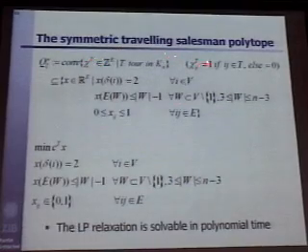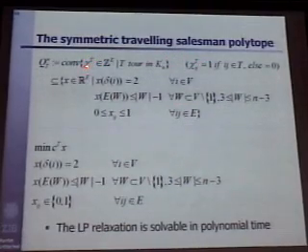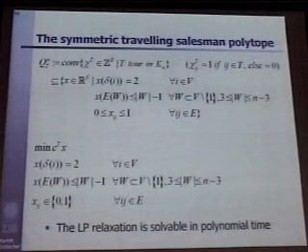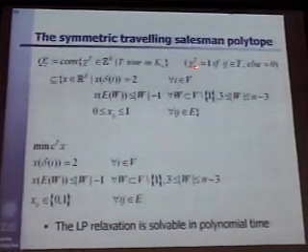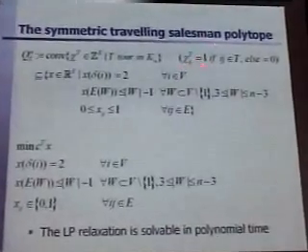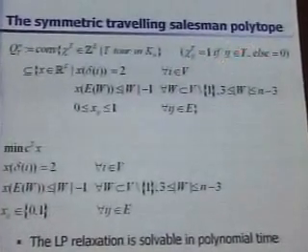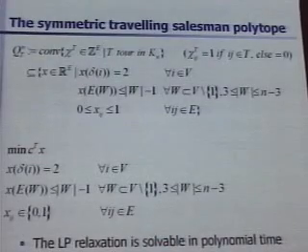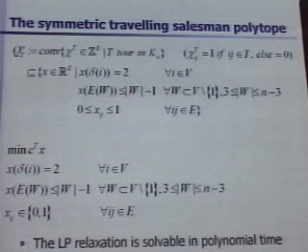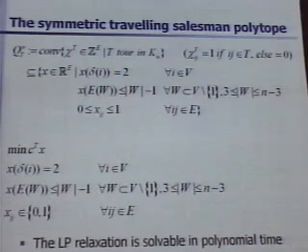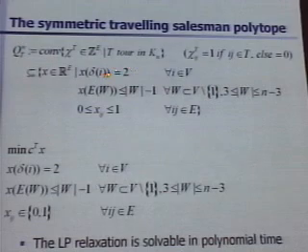You take a vector chi, that's the incidence vector of a tour, and this vector has components chi_ij. For each edge, it has a component chi_ij, and the component is 1 if the edge is in the tour, and it's 0 otherwise. So you have a 0,1 vector for each tour. You take the convex hull, that's a polytope in R^(n squared), basically, a number of edges. And then you can write down equations, namely in each node, one edge goes in, one edge goes out, so the sum of the edges going in and out is 2.